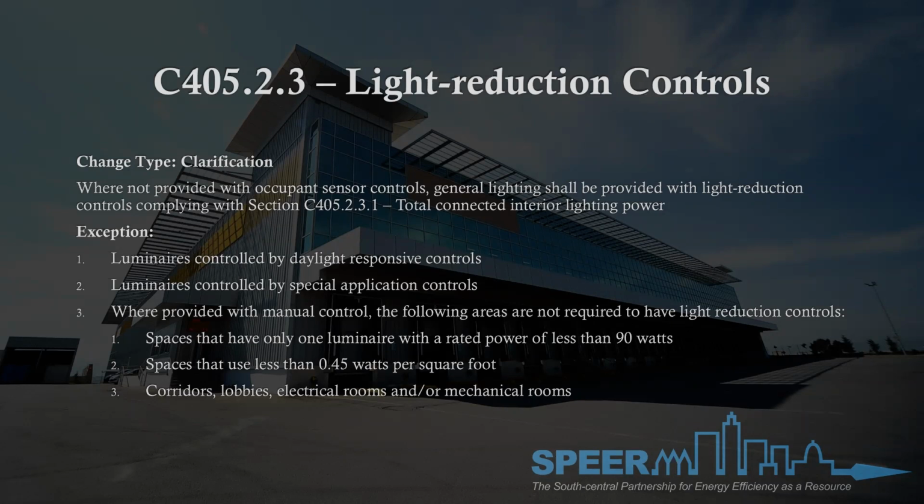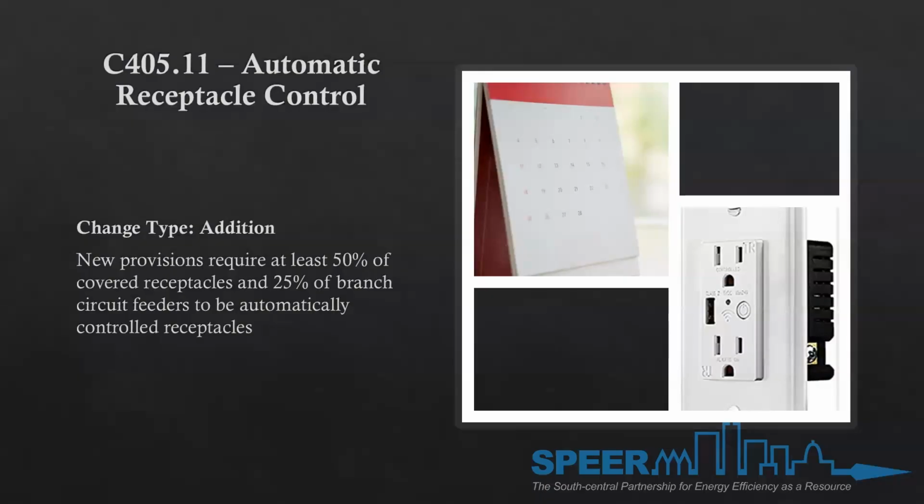Where does it state on here that I need to look for that when I'm on site doing the inspections? And automatic receptacles, this has been, I don't know, you'd say a thorn in the side of a lot of people; they just don't see the need for this. In a lot of cities I've seen, they've just struck this out and said we're not going to require automatic receptacle controls, because it's basically a provision that says at least 50% of the receptacles and 25% of branch are